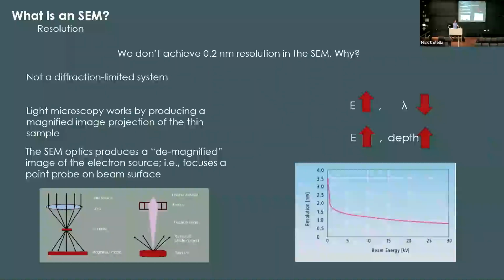So there are additional considerations that we have to keep in mind when we're doing SEM specifically: the limitation of the resolution is not purely due to the diffraction limit, but we're going to see there's a huge contribution to the resolution limitation based on the interaction of the electron beam within the specimen. As I mentioned, the higher we go on beam energy, we improve the resolution by limiting the electron wavelength, but we also penetrate into the sample to a greater depth. So those effects of depth of beam interaction within the specimen become compounded.